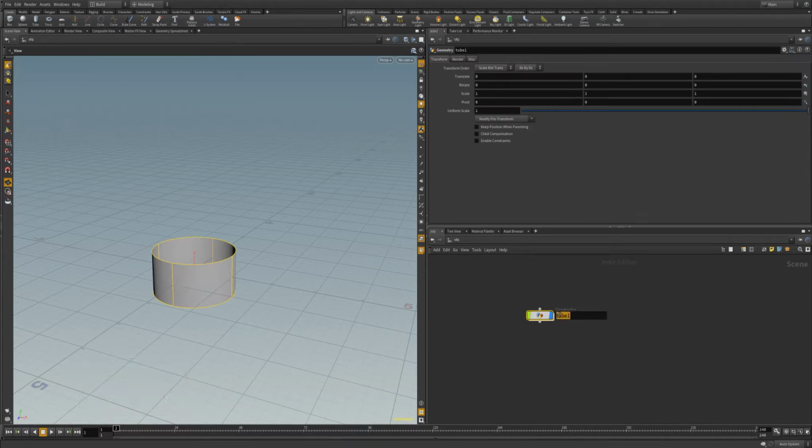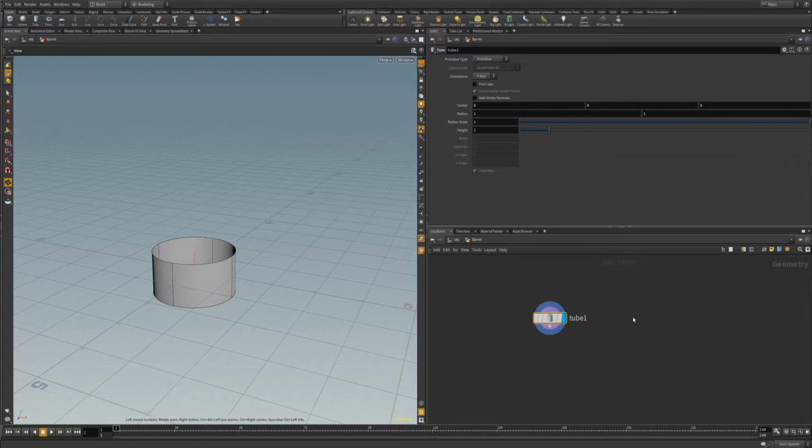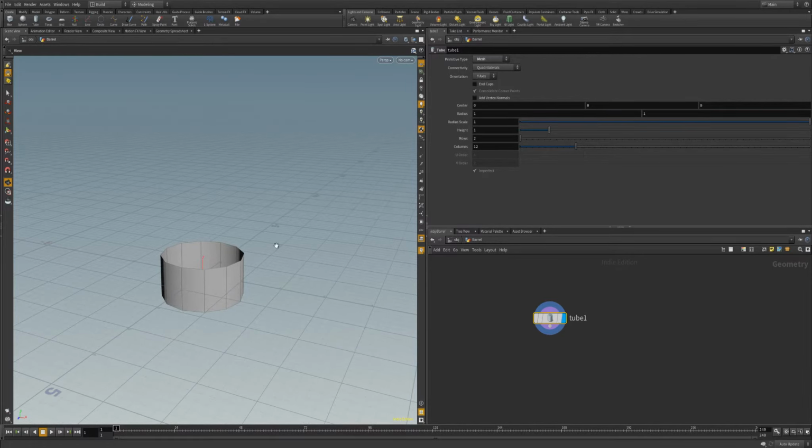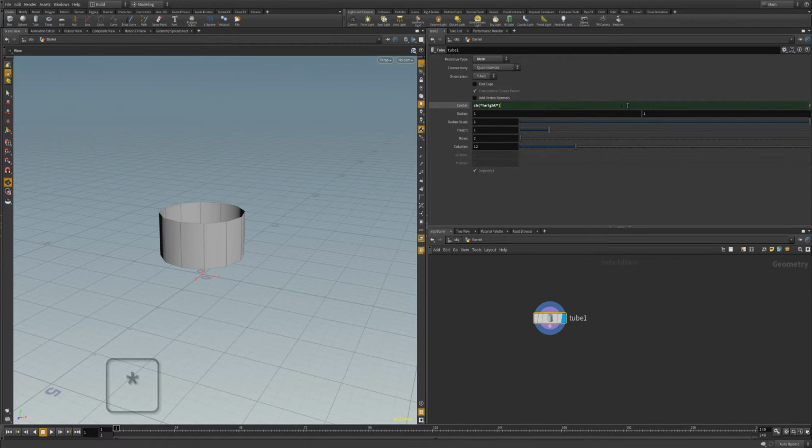and I'm just going to name that barrel, and we're going to go inside. And okay, so a tube starts out as a primitive type. Let's make it a mesh, and then we're going to want the center to be up. So let's go ahead and copy the height and paste that relative reference over here and multiply it by